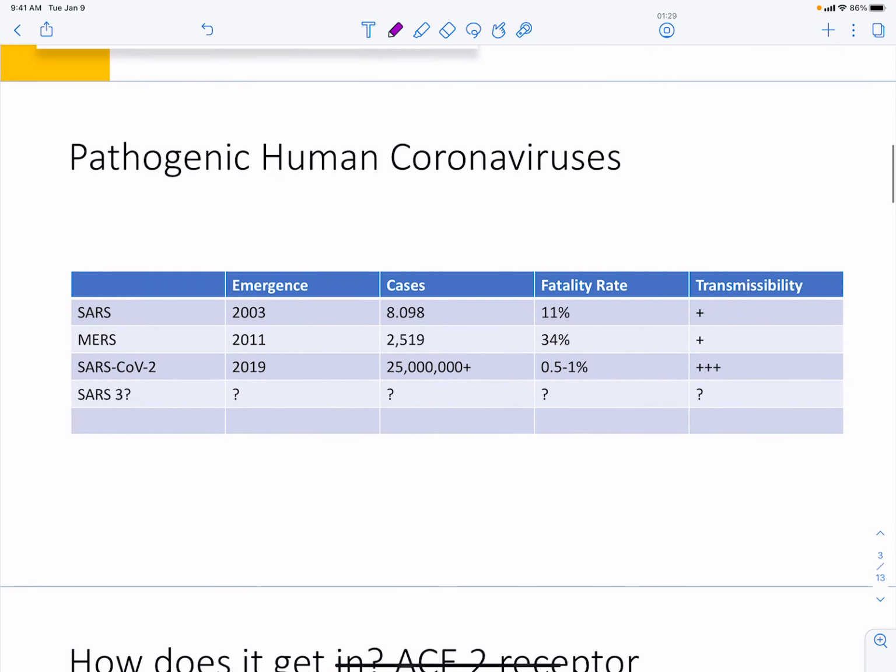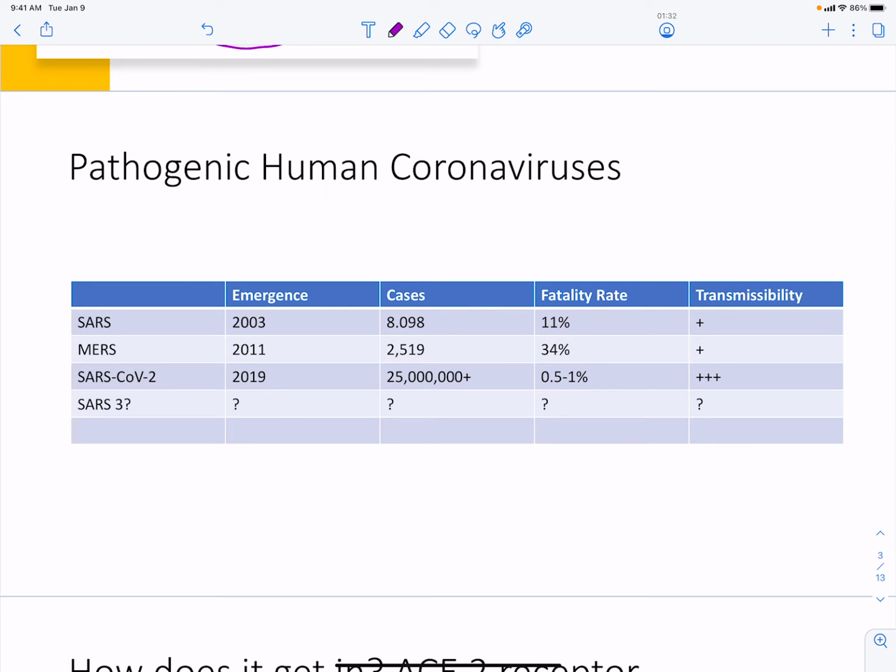Now, there are some other pathogenic human coronaviruses. We had in 2003 the emergence of SARS-1. It's now called SARS-1. It wasn't very transmissible. There were only about 8,000 cases, and it had about an 11% fatality rate. So the transmission of this virus was very low. MERS, on the other hand, had a low transmission rate as well, except it had a higher fatality rate. MERS stands for Middle East Respiratory Syndrome. And so this came from camels, for example. The outbreak was caused by interactions of humans and camels as one of the sources. And this had a 34%